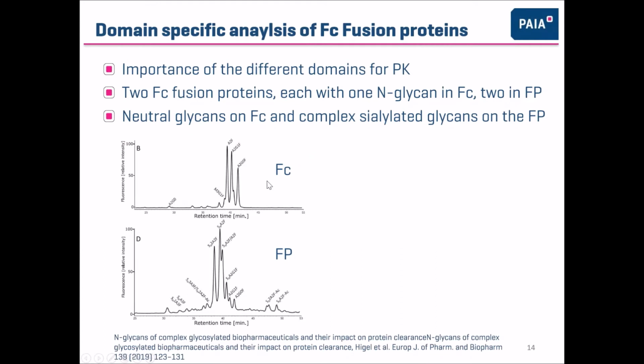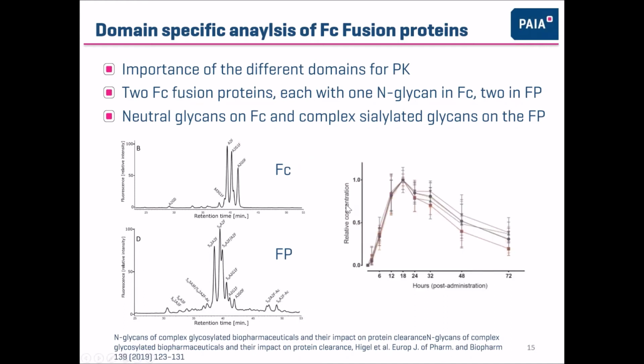And as you can see here from these plots here, there were mainly neutral glycans on the Fc part, so not a lot of peaks here, so rather easy to analyze. And then on the fusion part of the molecule, there were a lot of complex and highly sialylated glycans present. And what they did afterwards is that they administered these different variants of these fusion proteins in a hamster model and looked at the specific clearance over